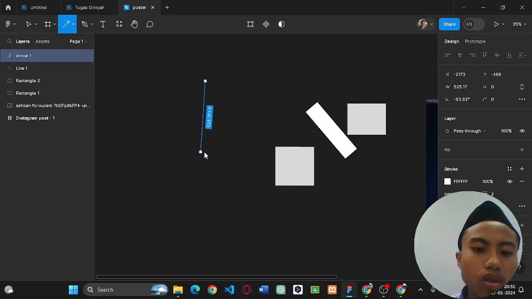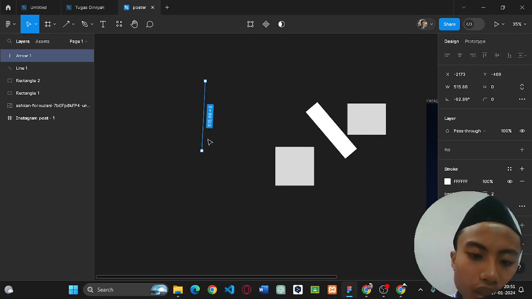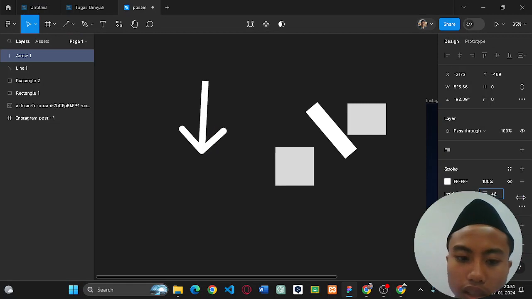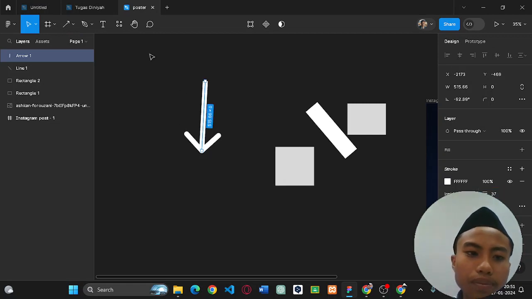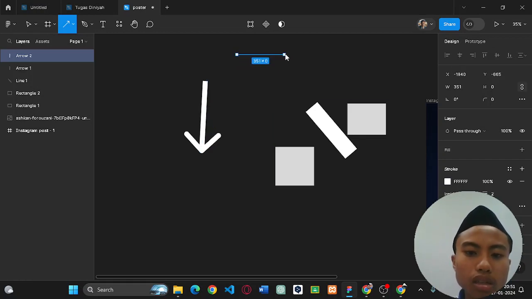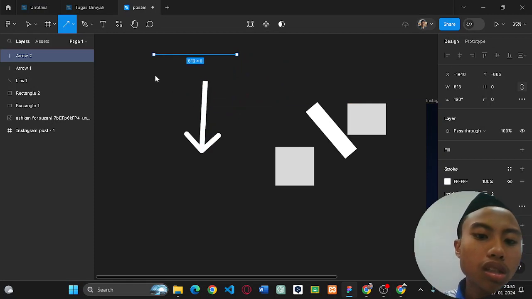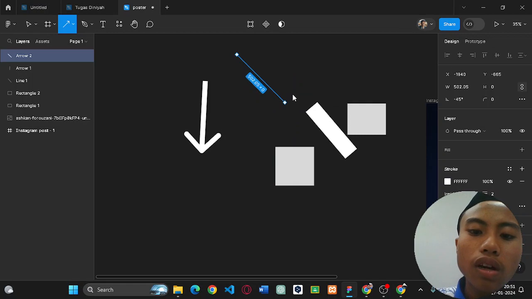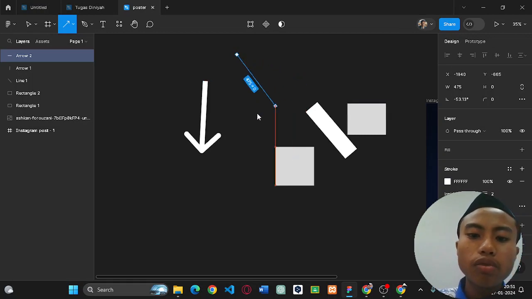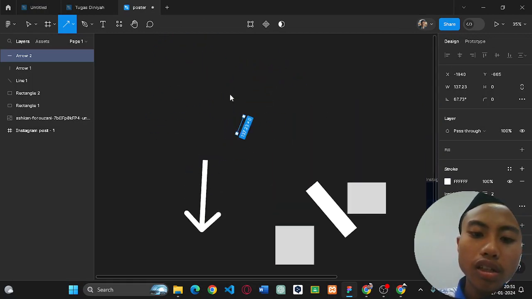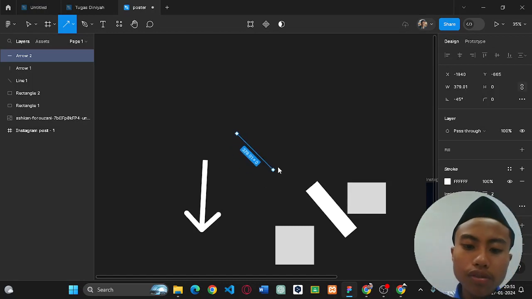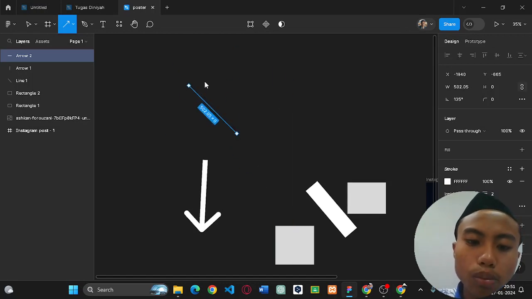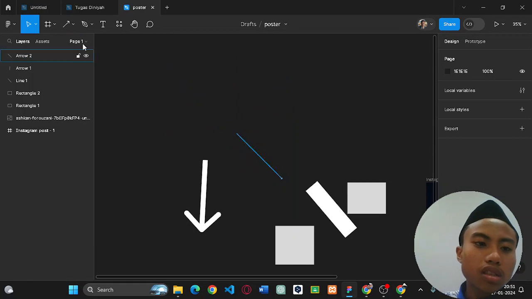And then you can use this and set the opacity like this so it will get bigger. For the line and the arrow, you can use shift to make it more precise like this. If I release my shift, it will be free. And if I hold shift, it will go like this, boom boom boom, yes.